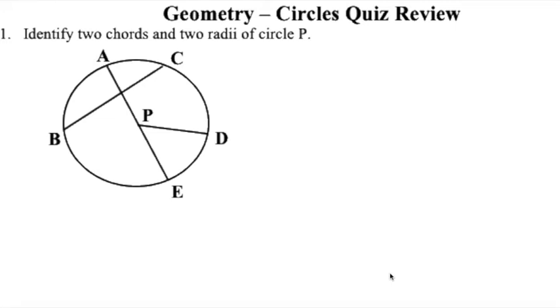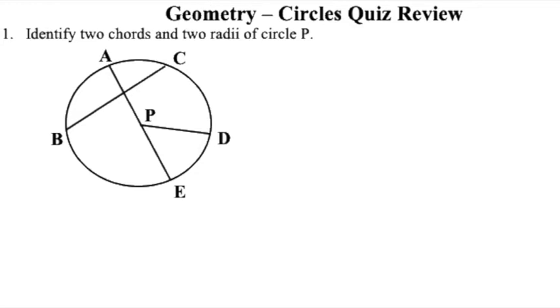So the first question asks you to identify two chords and then two radii of circle P. So they're telling you some stuff right off. Circle P means that the center is P. So two chords. Let's try that again. Two chords. Two chords would be,